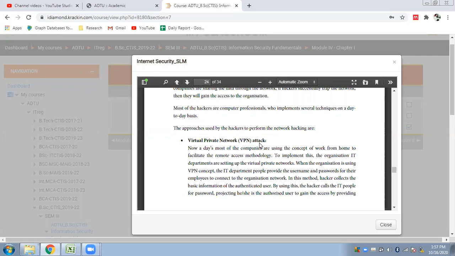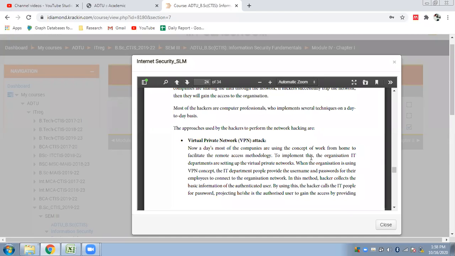All the employees, when they start working from home, have to first log in. Every employee of that organization will be provided a username and password by the organization itself. Accordingly, they log into the private network of the organization so that they can be a part of that organization virtually. That is how VPNs work nowadays, and we are making the most use of it now.